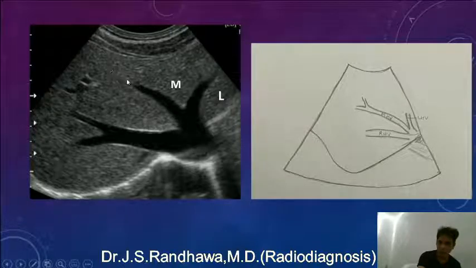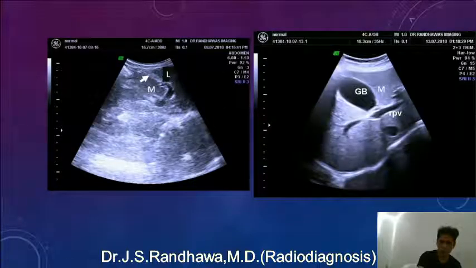Now midline, or the division of the liver into right and left lobe, is by this middle hepatic vein, and close to the middle hepatic vein we have this medial segment, and the other one is the lateral segment here. So we have medial segment which is closer to the middle hepatic vein, and far away from the middle hepatic vein here, on the other side of the left hepatic vein, we have the lateral segment. Now the previous one was the superior section of the left lobe.